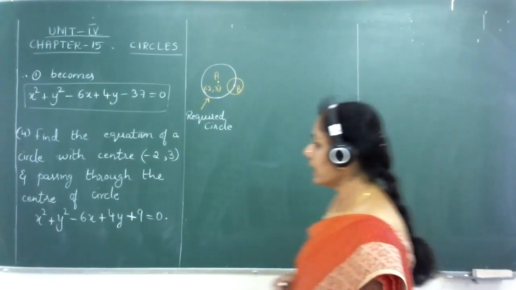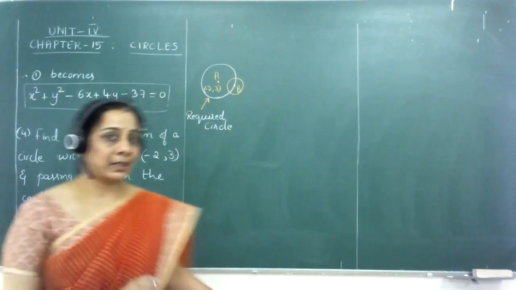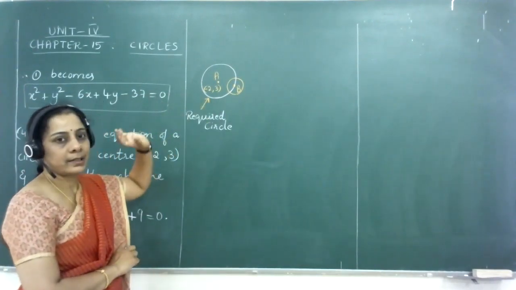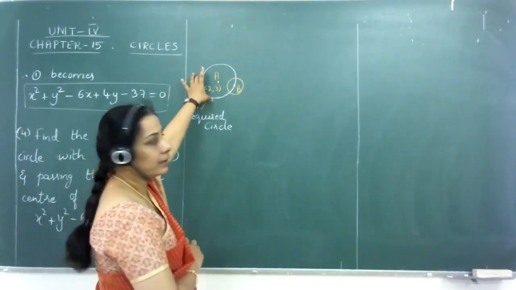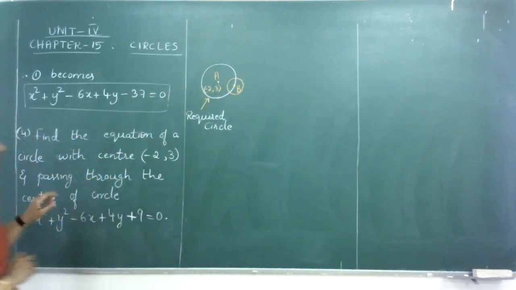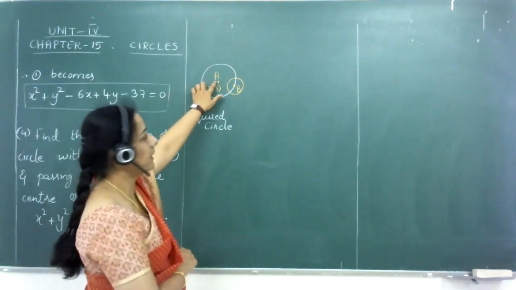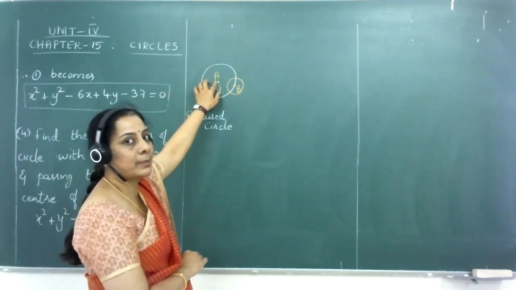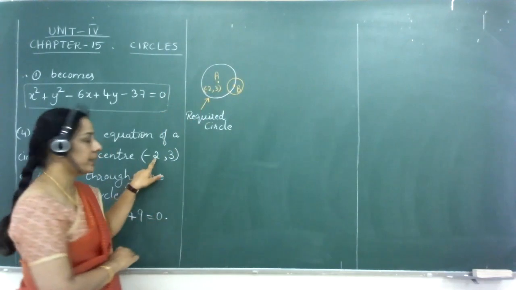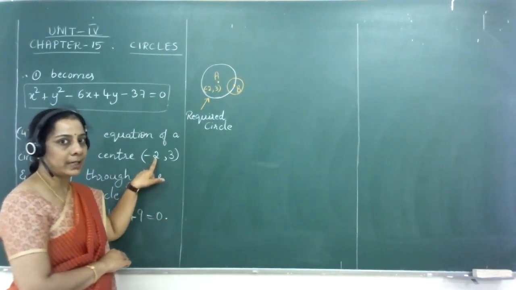When we try to analyze the above question with the help of a rough diagram, this is how it is. We have a circle here, that is the required circle. Center is already given. That center I have marked as the point A. What then will be the coordinates of point A for us? It comes as -2, 3.